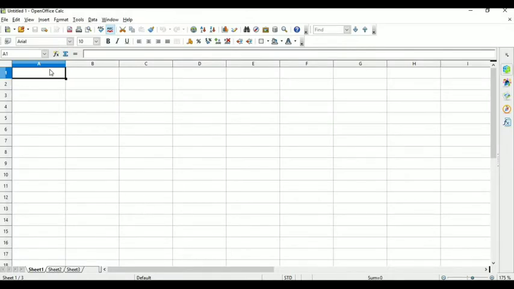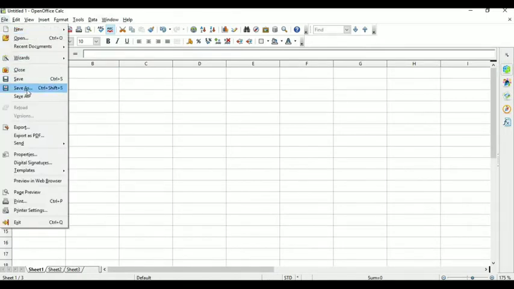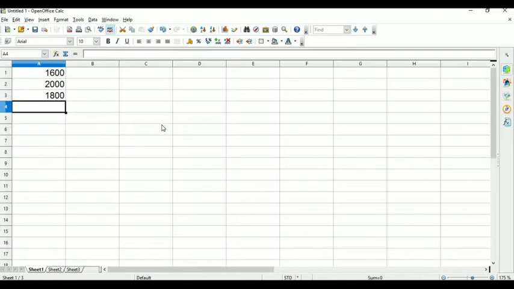Here this is a software, OpenOffice Calc. Its name is Untitled 1. This is a blank sheet. Here I want to create a sheet and make it shared. So first of all, add some data in it like 1600, 2000, 1800 like this, and then click on File and save this workbook.